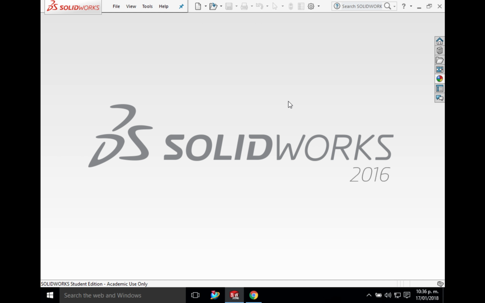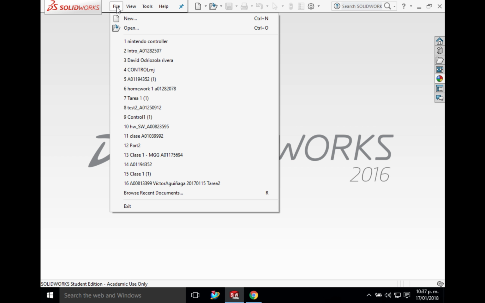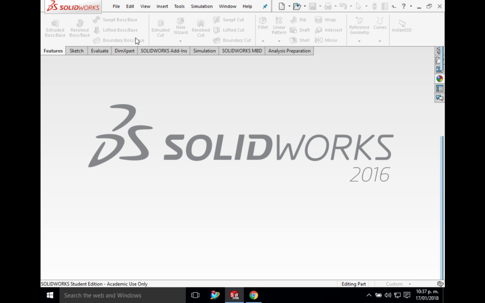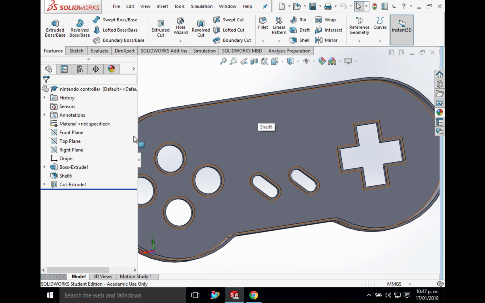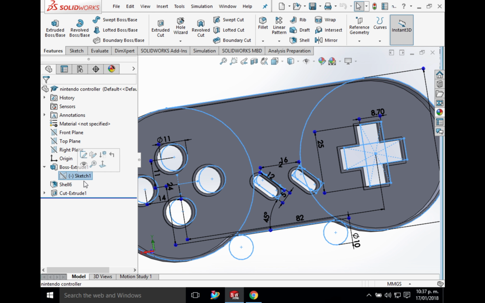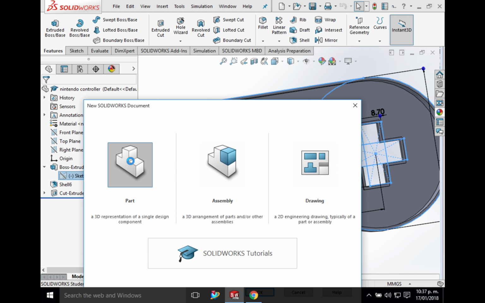Now, for the last piece of today, we're going to do the button shell of the controller. So for this, I'm going to open the controller, the piece you did last time. Then you go here, Boss Extrude, you select the sketch from the controller, and you press Ctrl C, like copy, okay? Then you click New, Part,